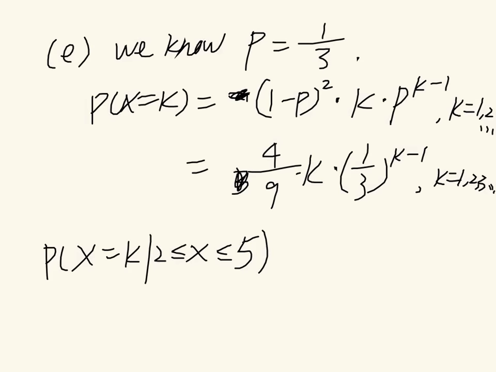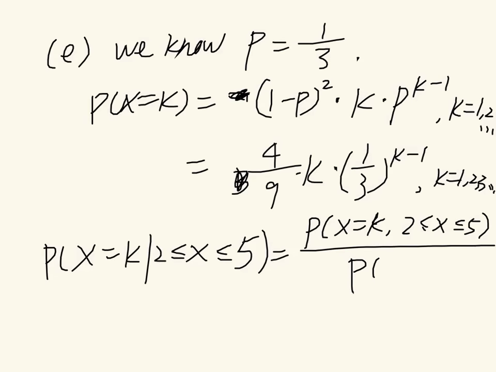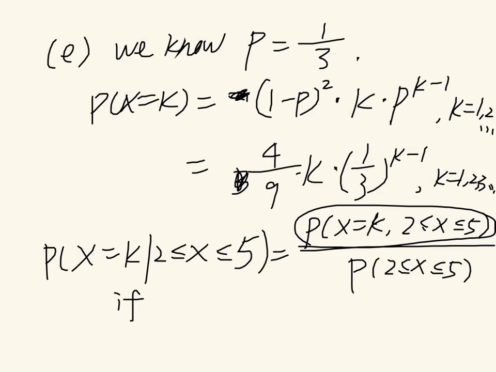According to the conditional probability property, we have this term is equal to P(X = k and X is between 2 and 5) over P(X between 2 and 5). And if k is between 2 and 5,